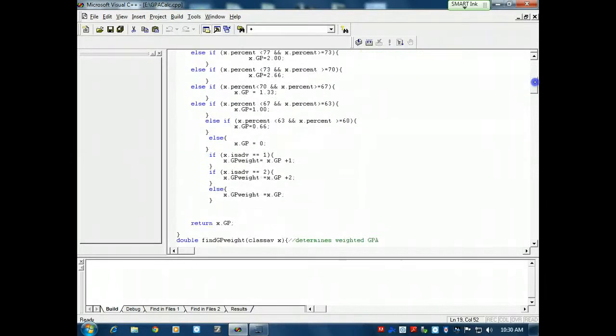Alright. There we go. And down here, you see if is advanced equals 1, that would be an honors class. It'll add 1 to the GP to find your weighted GPA, and so on for an AP or IB class, or for a regular CP class. It won't add anything. Then it returns the X GP,